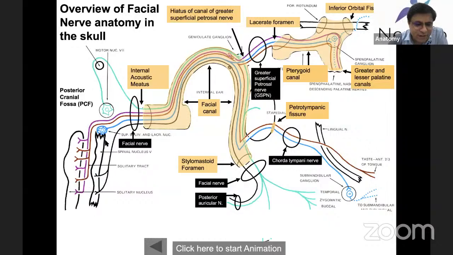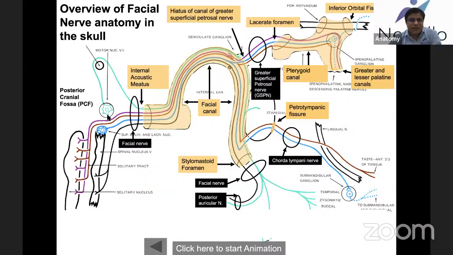Here you're seeing the spinal nucleus of trigeminal. This also has a role, because the general somatic afferent sensations are brought into this nucleus. Then you're seeing this blue colored nucleus, that is the superior salivatory and lacrimatory nucleus. This nucleus is of general visceral efferent, the parasympathetic outflow. And here is the main motor nucleus of the facial nerve, which is special visceral efferent, branchial efferent, which innervates the muscles of facial expression. So you have got the idea about all these nuclei, the 4 nuclei related to the facial nerve in the